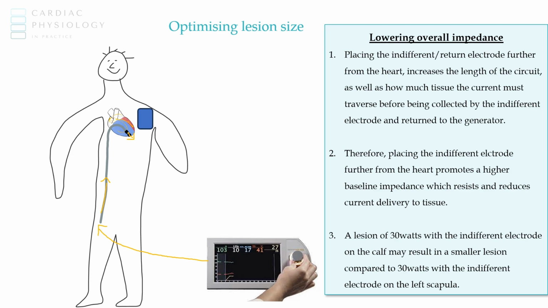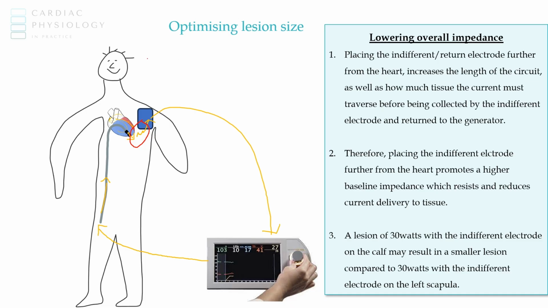Then that current has to go through the tissue to be collected by the indifferent electrode and then back to the generator again. So we have a certain circuit here. And this tissue part in particular accounts for a lot of the resistance of that circuit, because tissue is not a great conductor of electricity compared to the copper wires or the metal wires located inside these catheters and cables. So let's say our circuit resistance, or our impedance,